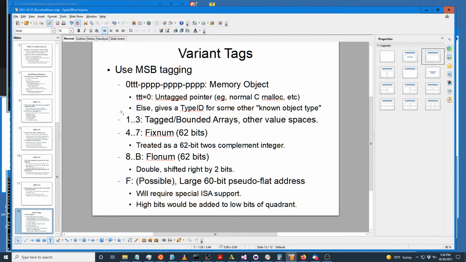As for why you'd want to stick a type tag or bounds check in the pointer itself, that's mostly because the main alternative is that you have to access memory to get the object type or the array bounds. Extra memory accesses don't come for free, so it's easier to